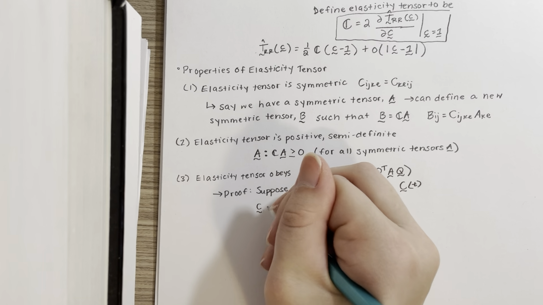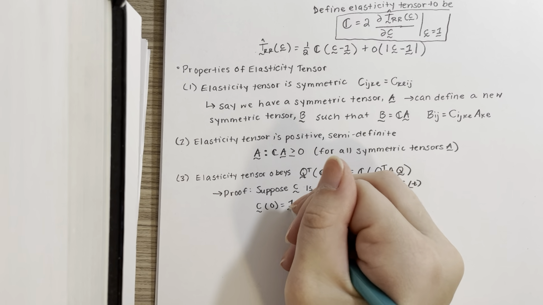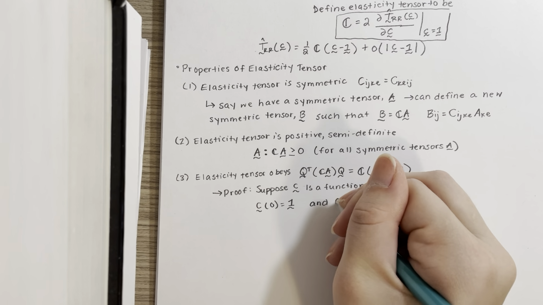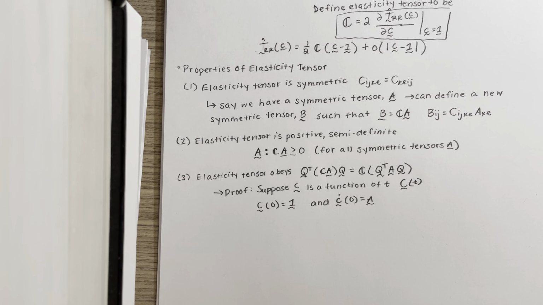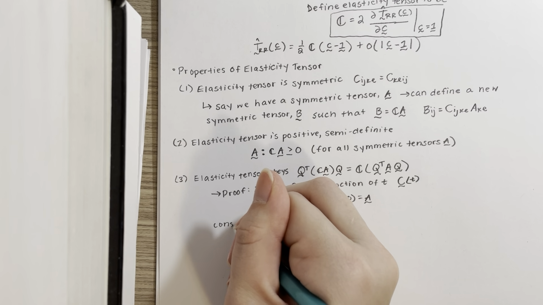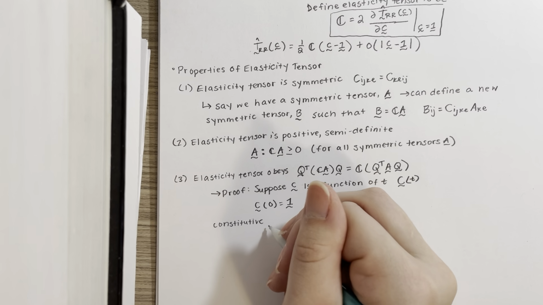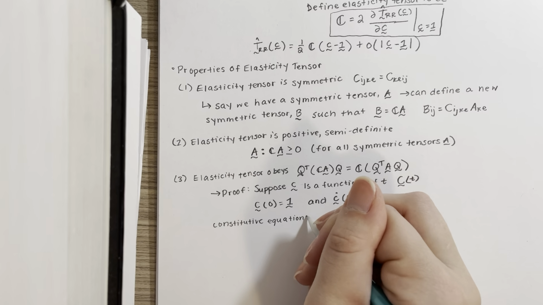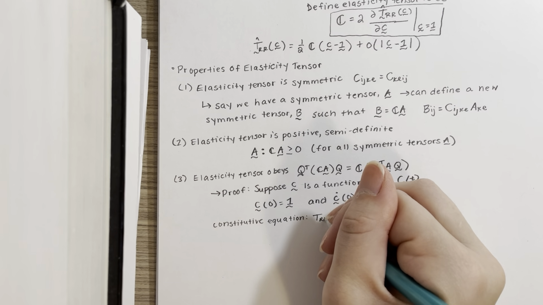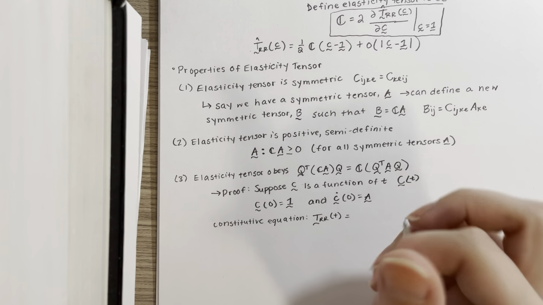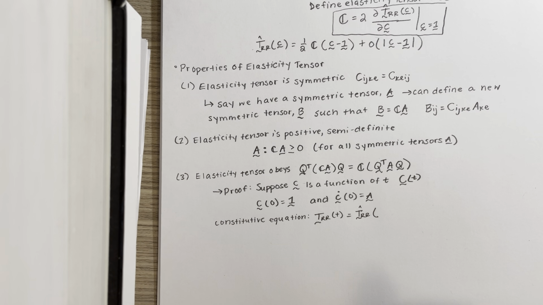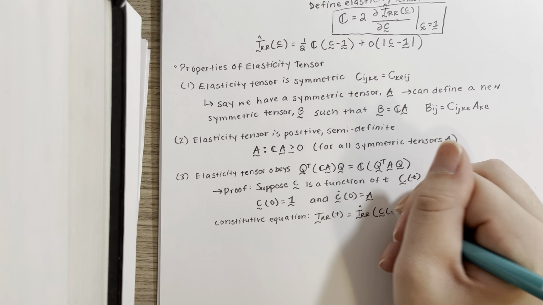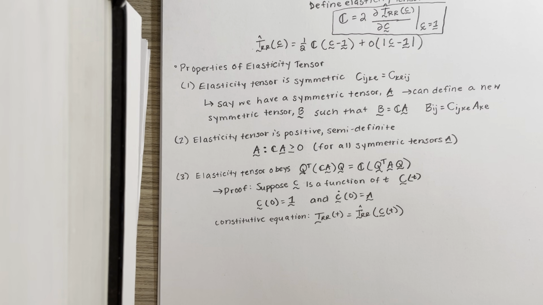Then we're going to assume that C of 0 is equal to the identity tensor, and C dot of 0 is equal to some symmetric tensor A. So we have by our constitutive equation that the second Piola-Kirchhoff tensor T_RR of t is a function of C of t. So now if we apply our chain rule,